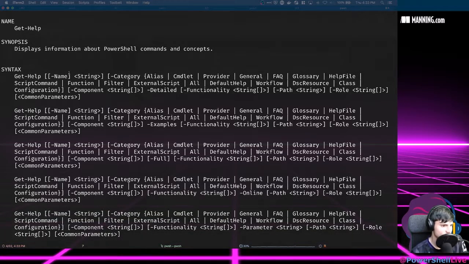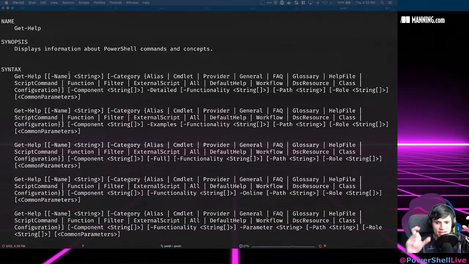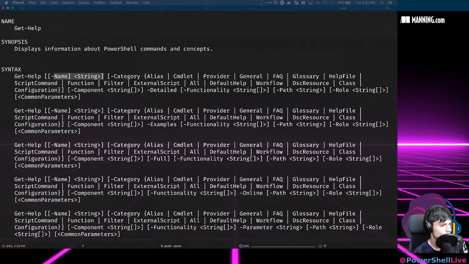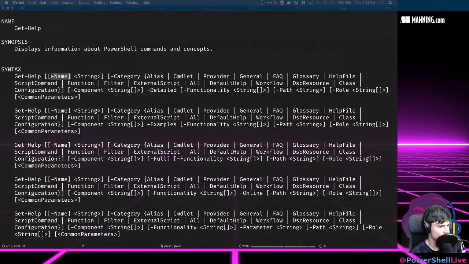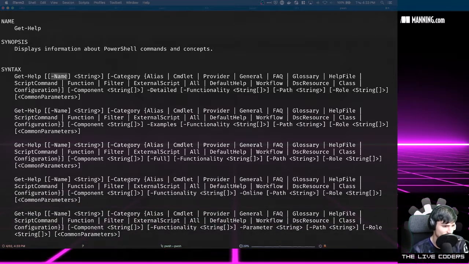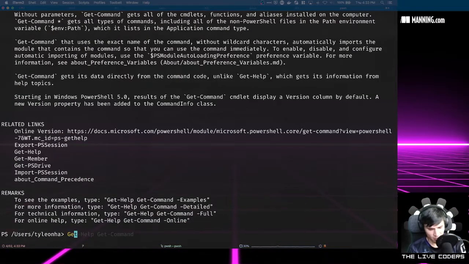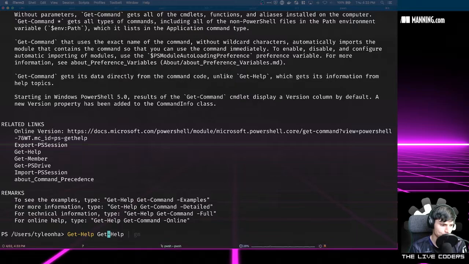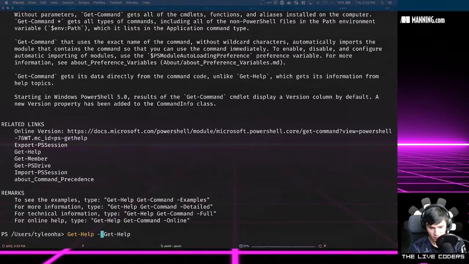So what this is saying, the brackets are things that are optional. But in this case, we have a -name here. And what does that mean? Another way that we can write our original get help command is that we can